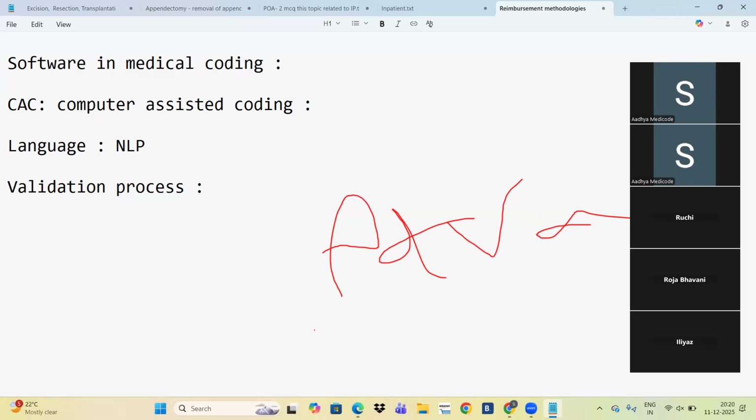Now, if you are using CAC in the medical coding, what is the benefit, uses? Tell me. What is the uses you will get if you're using computer assisted coding?